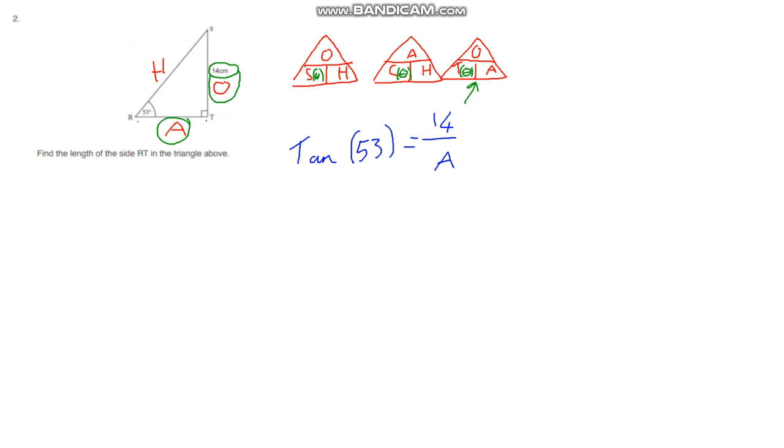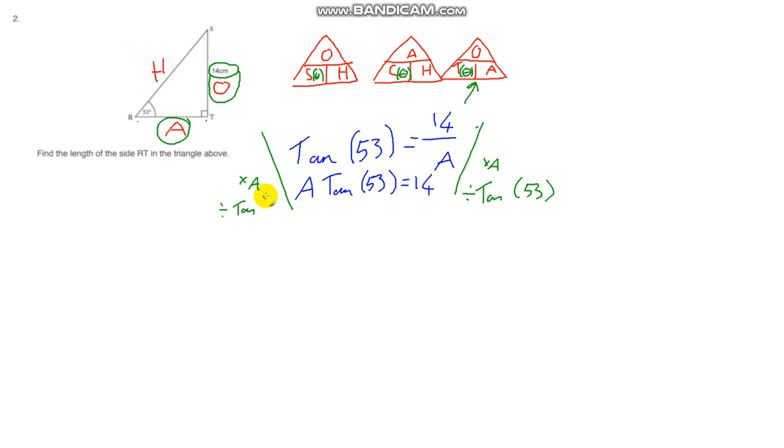Now one method, which I'll show you now, is to use algebra. I'm going to draw my funnel method in here. I can times by A on both sides. And then divide by my tan and my angle, how we would with any algebraic expression or formula. So this will give me